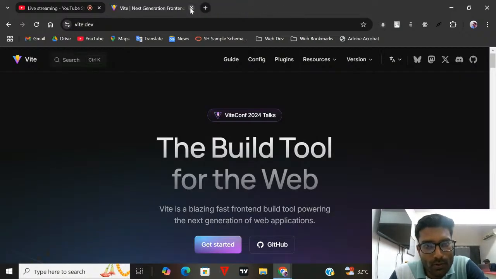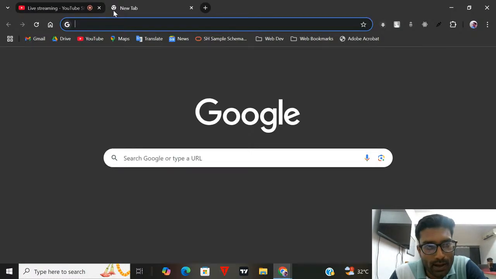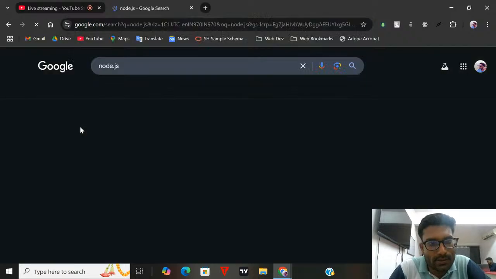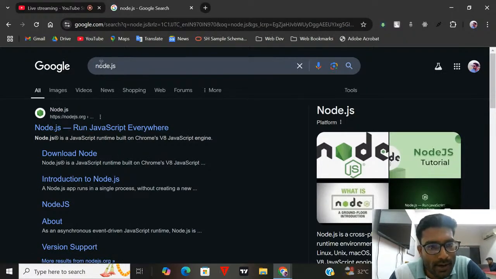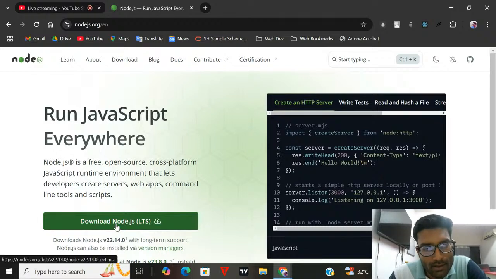If you want to make a React application, first of all you need a runtime environment to run your React project. For that, you need Node.js. You can go to the Node.js website, download it and install it, like you install other software.